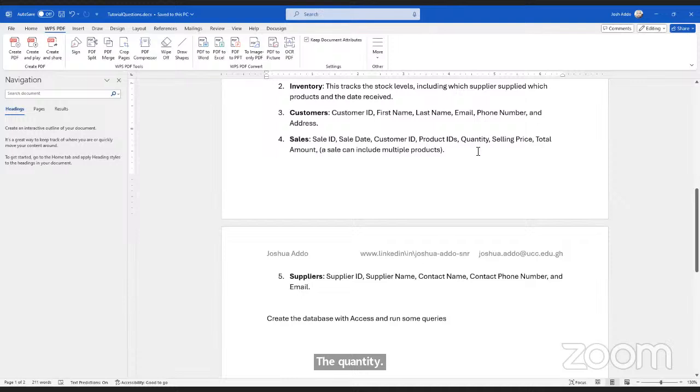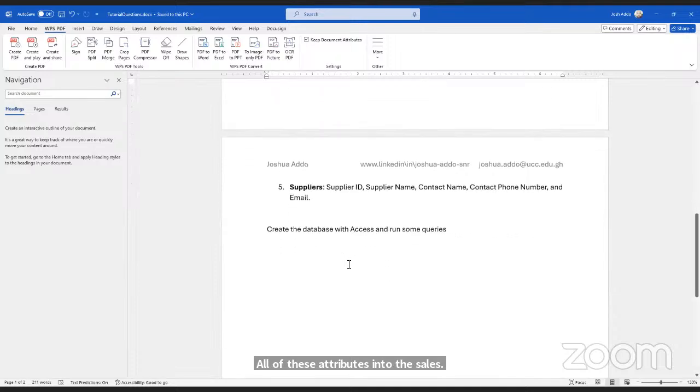In fact, this is how the selling happens to a very large extent. These are the things that happen in the selling process. There's a sale transaction, an individual sales transaction. It happened at a particular date. There is someone buying, and there are specific products he's buying. He's buying a certain quantity of it at a certain selling price, and we have the total amount that he has bought. We capture all of these attributes in the sales table.